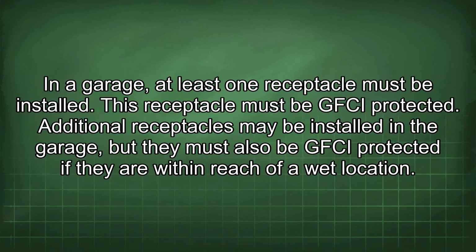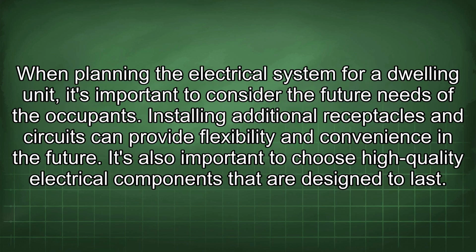In a garage, at least one receptacle must be installed. This receptacle must be GFCI protected. Additional receptacles may be installed in the garage, but they must also be GFCI protected if they are within reach of a wet location. When planning the electrical system for a dwelling unit, it's important to consider the future needs